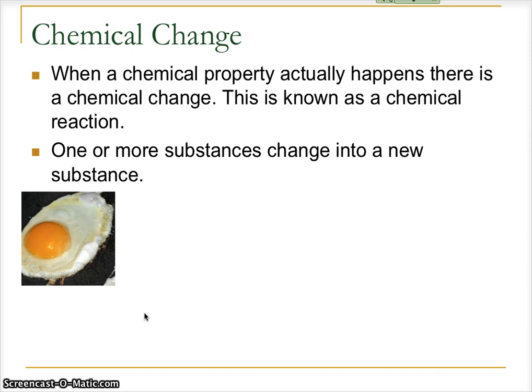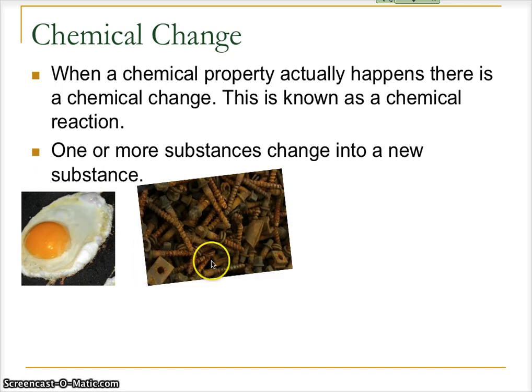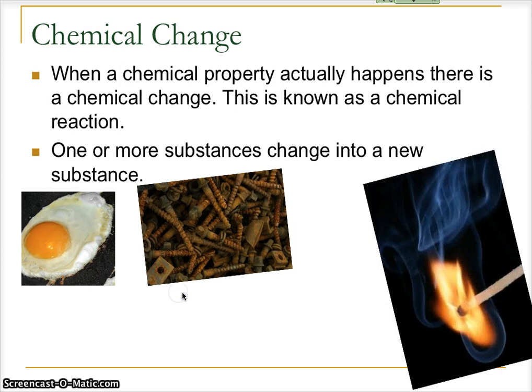So cooking, you may not realize it, but cooking is almost exclusively going to be a chemical change. The substances are being changed. We're heating them. We're not just making them hot, but the heat is causing chemical reactions to occur. For example, when you cook this egg, the egg white in particular starts out clear. It changes into something new that is white. That's a new substance. The proteins are denatured as it's cooking. Here's some examples of iron screws and nails and bolts and things like that. And you can see on here they're rusting. So those are examples of chemical changes.